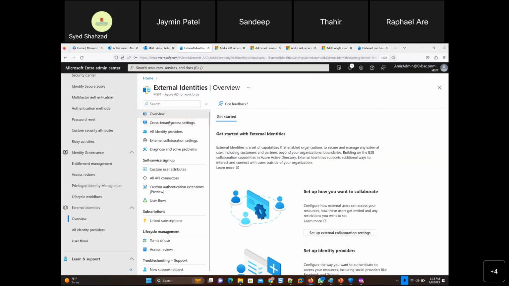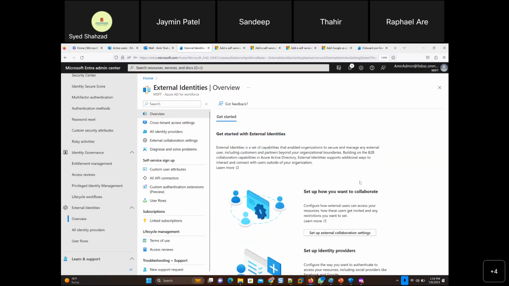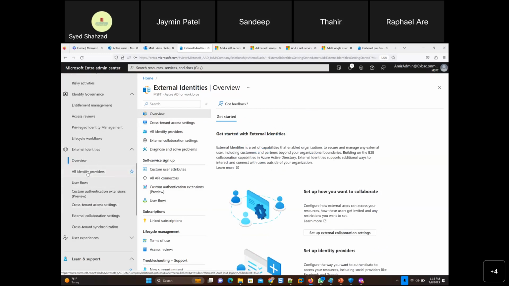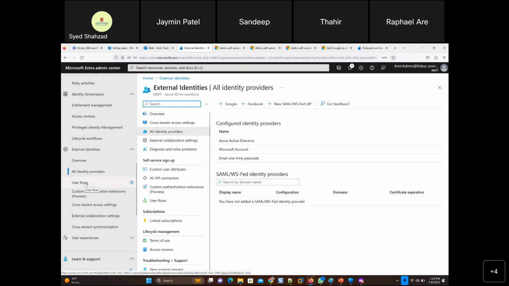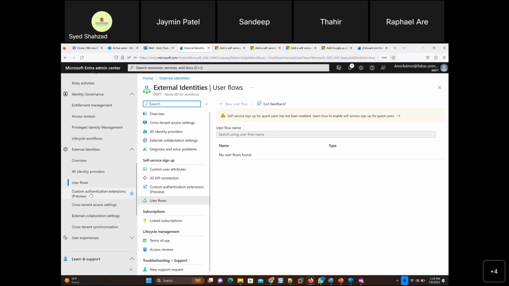So then, obviously, if you have configured those features, then there are extra steps or configurations for those features that you've configured here. But overall, we get to know what features are here and for what purpose. If I go ahead, all identity, we've talked about that. User flows, if you want to create user flows, you have to be careful. We talked about that.